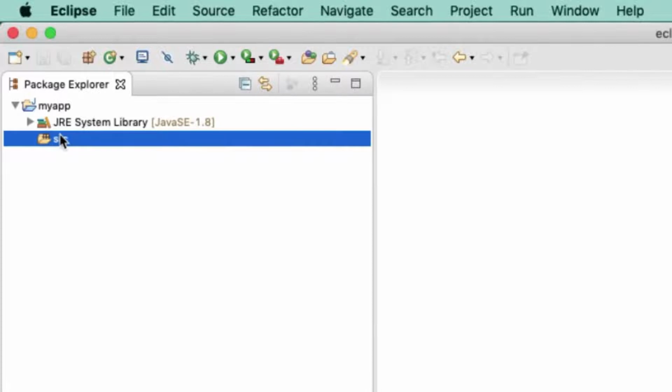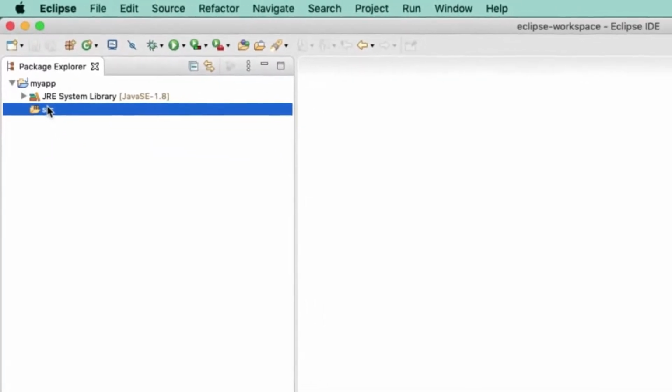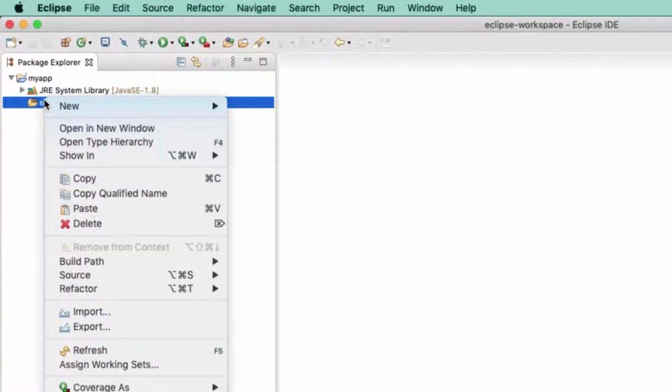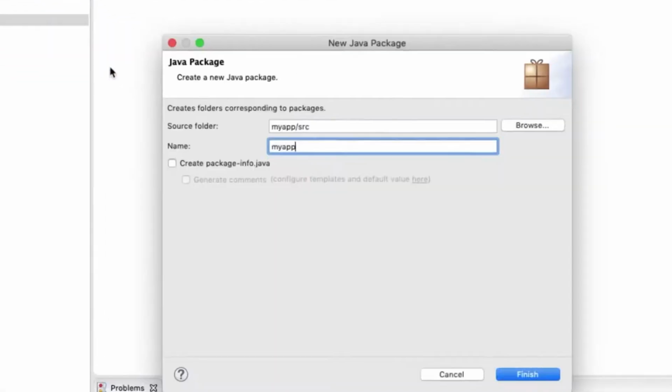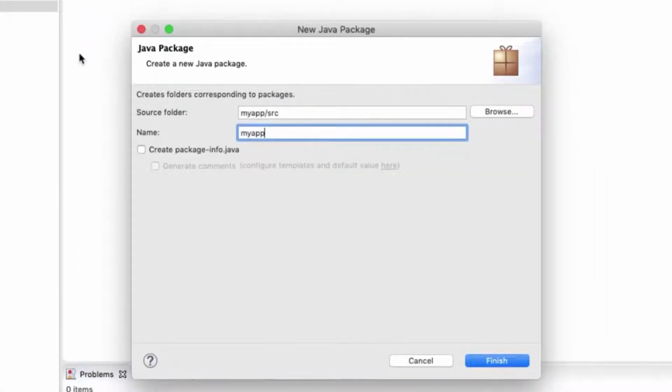So I want to create a class, which is going to be the main program. I right click here and I go into new, and I could just go straight for new class. I could do that, but instead what I'm going to do is create a package first. A package is basically kind of like a well-named folder in which you can group different source files. That's not too important to understand now, but in general with Java, it is something that you need to do, where you basically place classes into packages. It just keeps everything nice and organized.